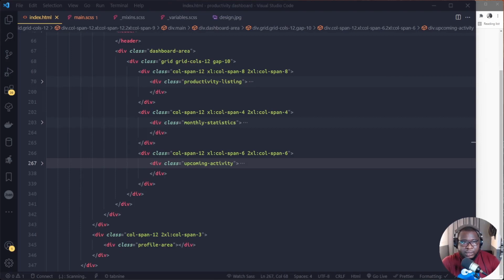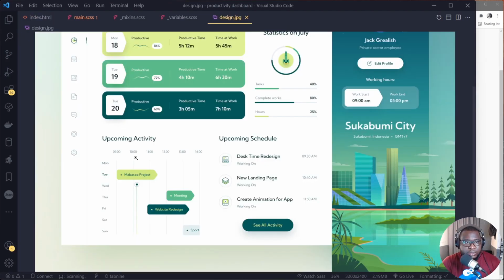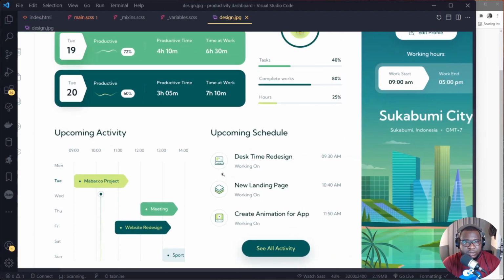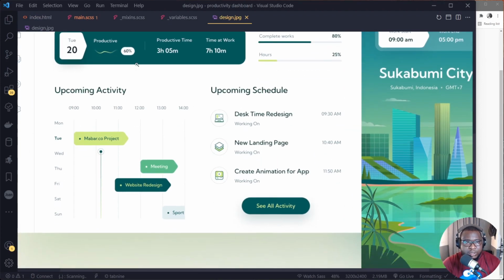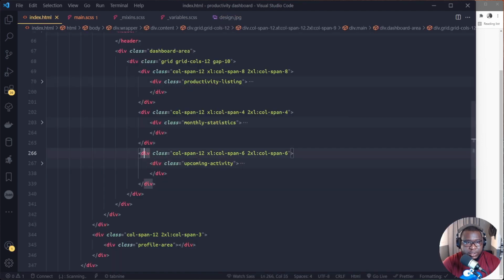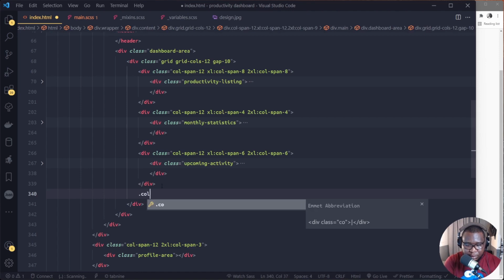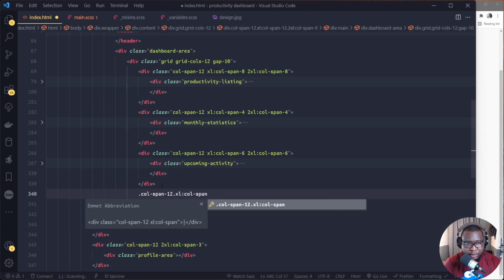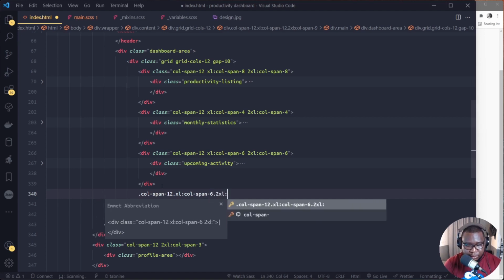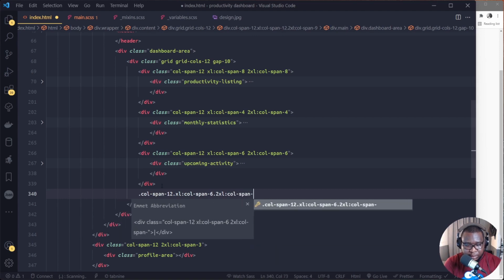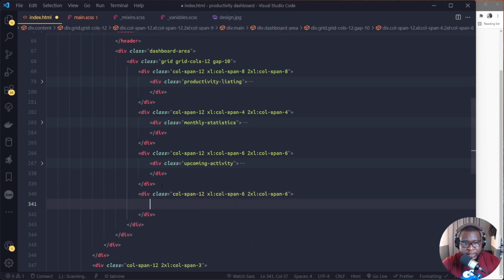Alright guys, so in the last tutorial we did this upcoming activity chart. In this tutorial, we want to design this upcoming schedule. So quickly, we will create this section with our Tailwind. We'll do the same thing here: col-span-12, xl:col-span-6, 2xl:col-span-6. Okay, so inside this place now we'll put